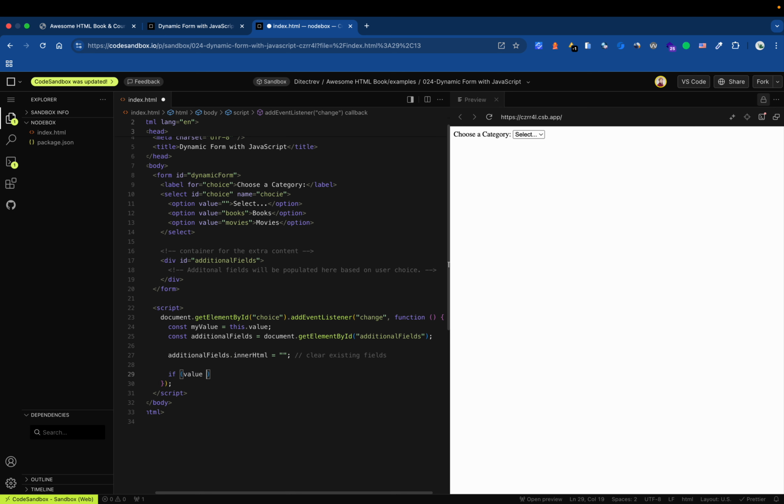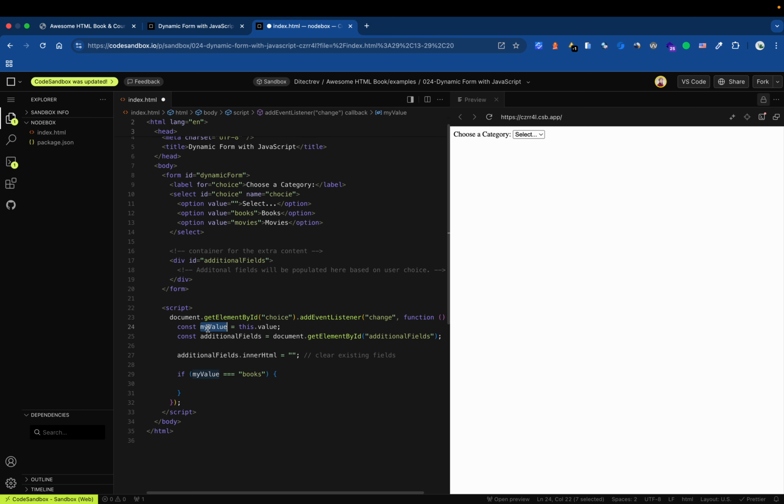If, a very important concept, but we won't use it that much. Basically, here I'm saying if the value, actually it should be my value. You could also have if this value, by the way, but we are learning good practices, so we will be using the value we are saving more explicitly. So if my value is equal books, so if the user selects books, then I will do additional field inner